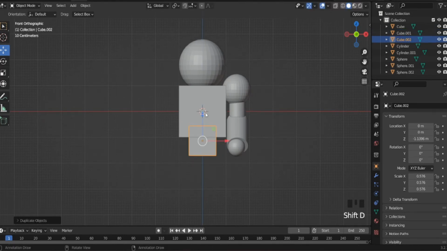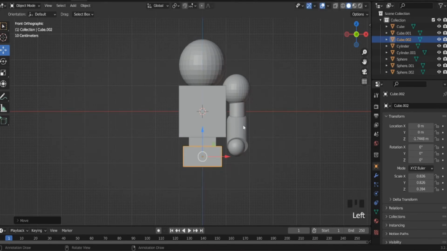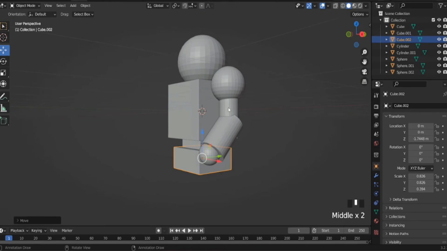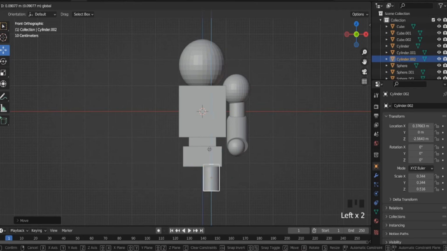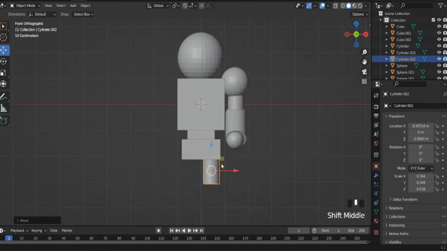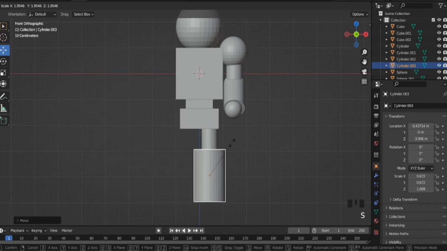Shift D again to make a hip area. And as you'll notice, I'm only doing one side because